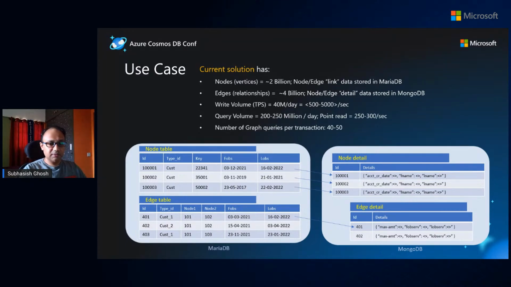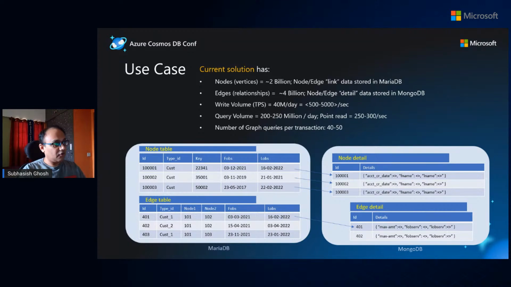As you see, it's a link table design approach. Ten years back when the customer built the solution, and in fact I worked with a couple of other customers as well with very similar setups, they had all used a combination of different databases which were available to them at that time. For example, in this particular use case, the link table, or the linkage data, was stored in MariaDB, and the node and edge detail data was initially stored in MongoDB. And what kind of traversals are we talking about? The more basic traversals were done using relational join queries, basically using a mix of primary plus foreign key relationships.